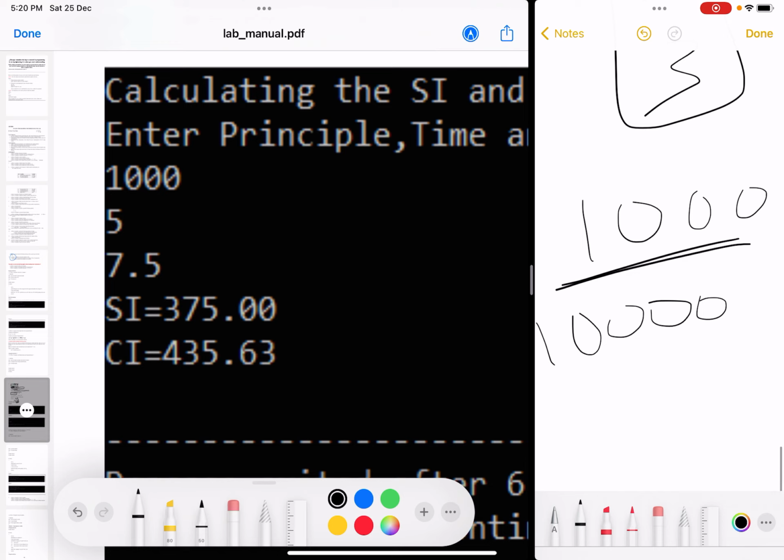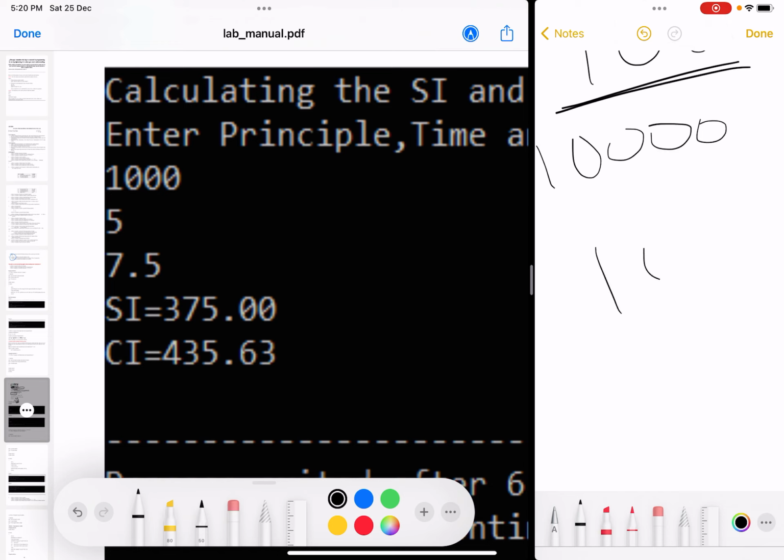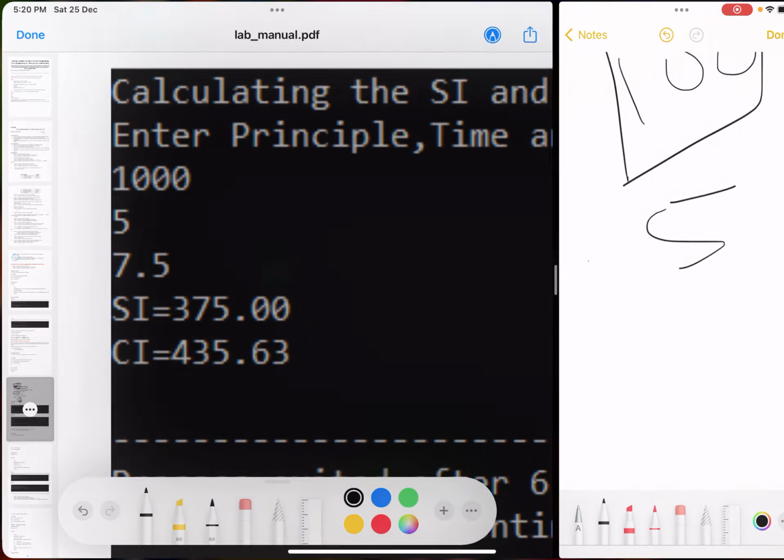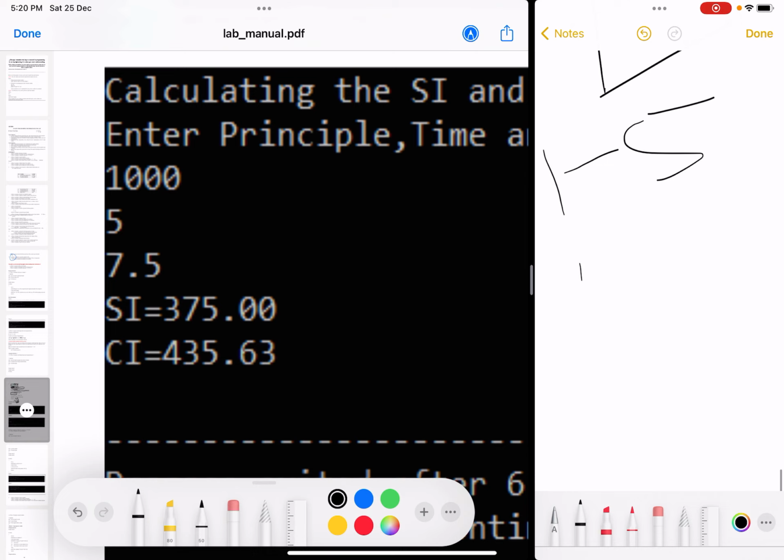Okay. And some people give input of time as 100. You won't be alive for 100 years, man. Give it maximum of 1 to 5 years. And rate of interest,